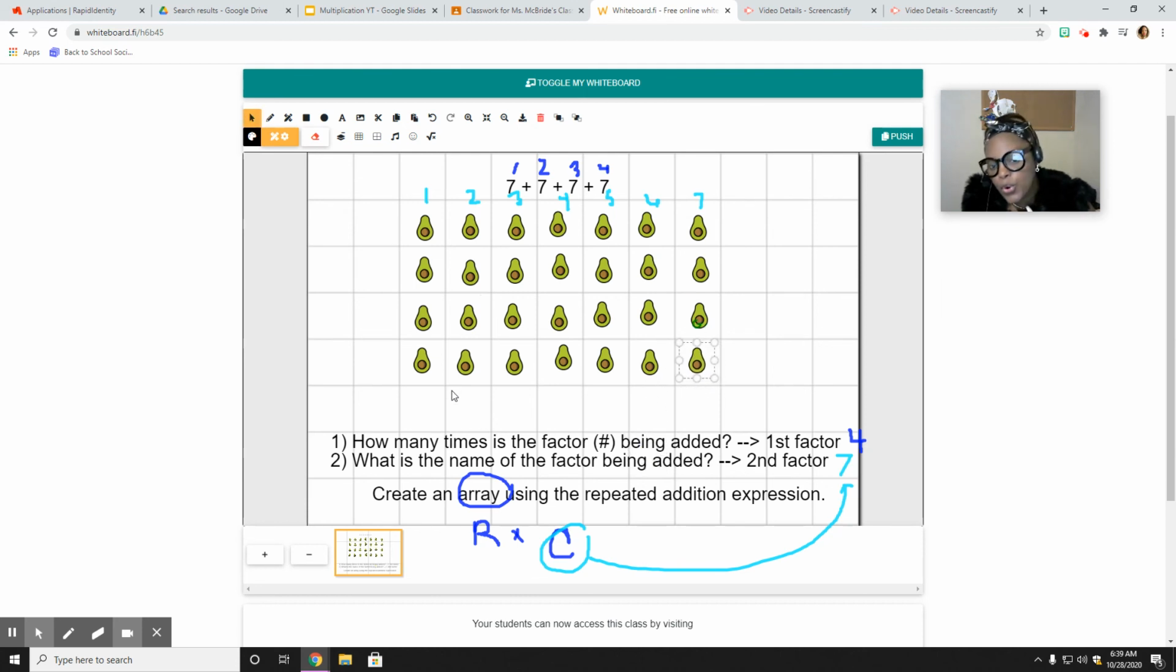All right, so we're wrapping up my array. I have 4 rows because that's how many times the factor is being added. 1, 2, 3, 4. And then the name of the factor being added is 7, so that's how I know how many columns. How do I check myself? Rows times columns. How many rows? 1, 2, 3, 4. How many columns? 7. So it's 4 times 7